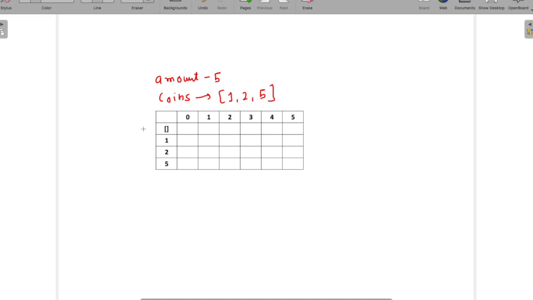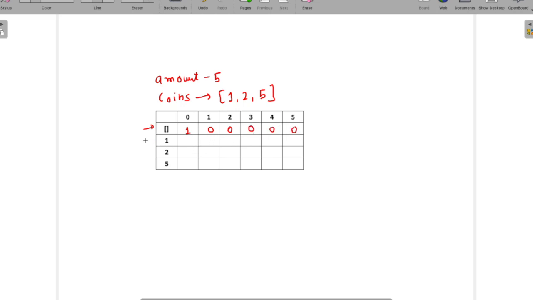Let's say the first time, we do not have any denomination and the amount is also 0. We are not making any amount. At that time, how many possibilities are there to make that amount? There is only one possibility: we will not do anything, and I will keep it as 1. The same goes for the rest. Let's say we want to achieve amount 1 and we do not have any denomination. In that case we cannot make it, so this comes to 0. This will also come as 0, 0, 0 and 0.